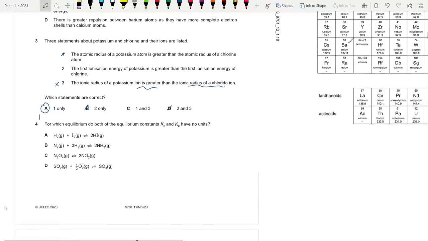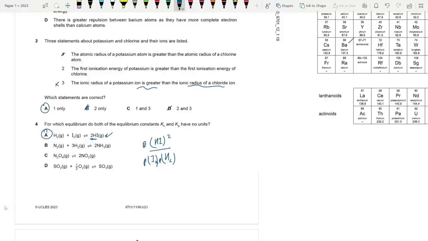Alright, for which equilibrium do both of the equilibrium constants have no units? Okay, so let's check this out. Here it's HI whole square divided by I2 times H2, partial pressure of course. Yeah, here I think this is the answer because both match. Even if you do it with concentration, concentration of HI whole square by concentration of H2 into concentration of I2, it will cancel out. Now if you go to B, it won't cancel out because it's 2 divided by 4,